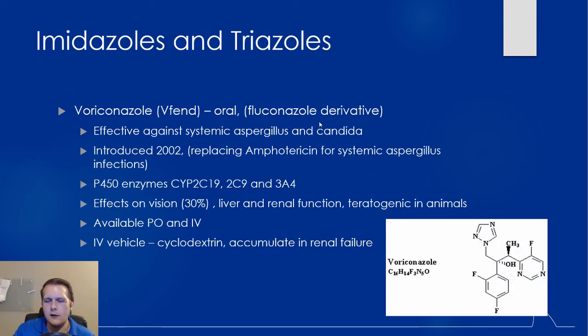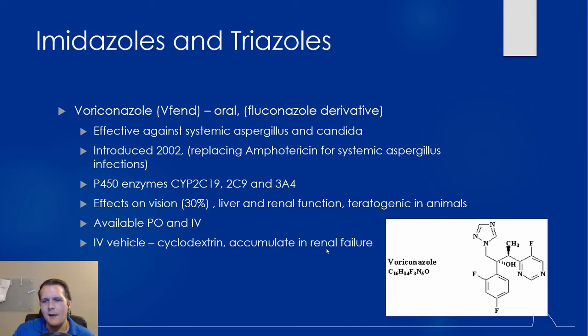Voriconazole, this is actually a derivative of fluconazole and is very good for more systemic aspergillus and candidal infections. This is nice because it lacks a lot of the side effects that you see with amphotericin B and is starting to be used as an alternative for those more severe systemic infections. However, gotta note, CYP450 interactions, really any of the triazoles are going to cause this to occur. You get some vision impairment, and another really interesting thing about this is that it is available both orally